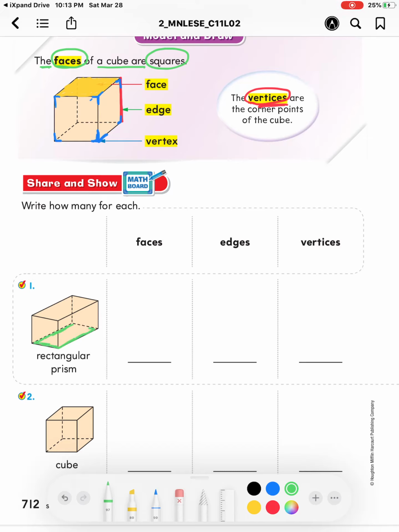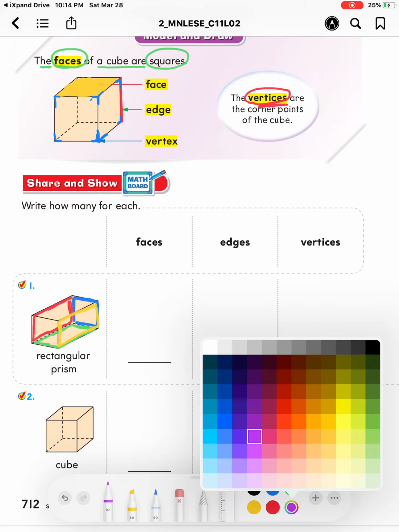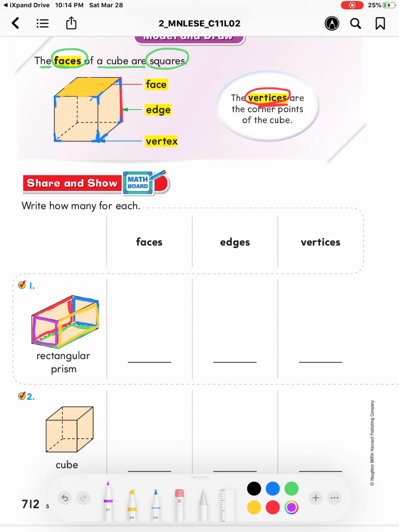We have 1, 2, 3, 4, 5, and finally 6. Of course, if you have a three-dimensional shape at home that is a rectangular prism, you can notice that a rectangular prism has 6 faces. 6 faces. So, what